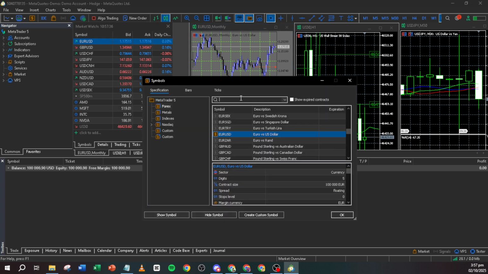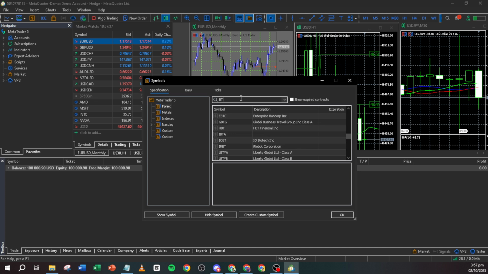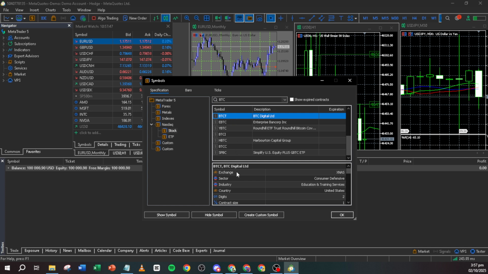In the Market Watch window, double-click or right-click on the Bitcoin symbol and select Chart. This will open a detailed trading chart where you can analyze price movements and trends before placing a trade. To initiate a trade, right-click on the chart or use the Tools menu to select New Order. This action will open an order window where you can specify the details of your trade.